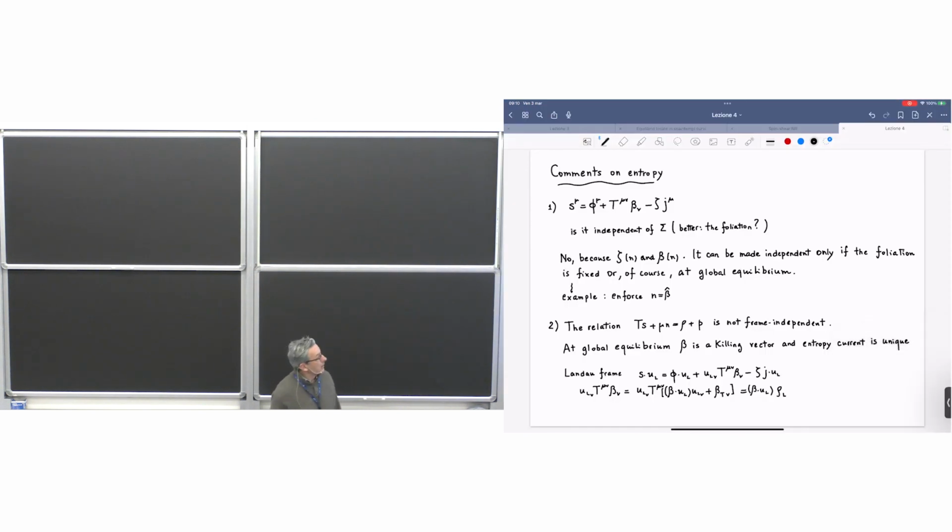So this morning I will first conclude this sort of lecture on entropy, which started last Wednesday, with some comments on what we have found and an example which was inspired by a question posed by one of you, I think you, about the relation between the Landau frame and this general frame,